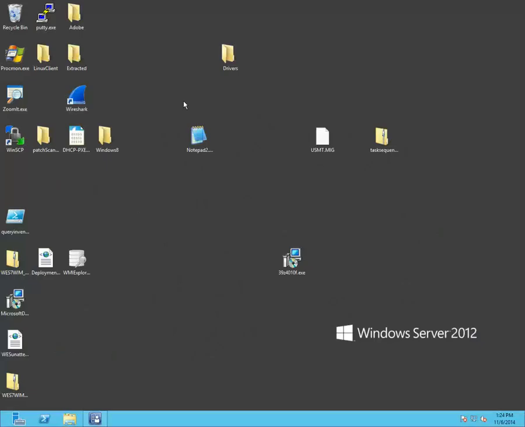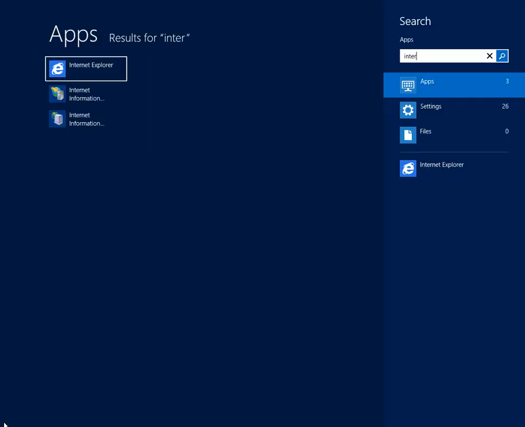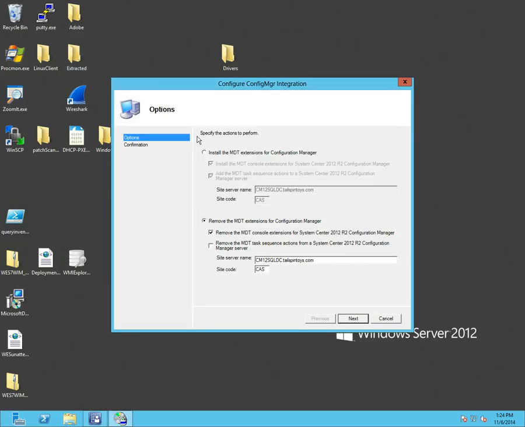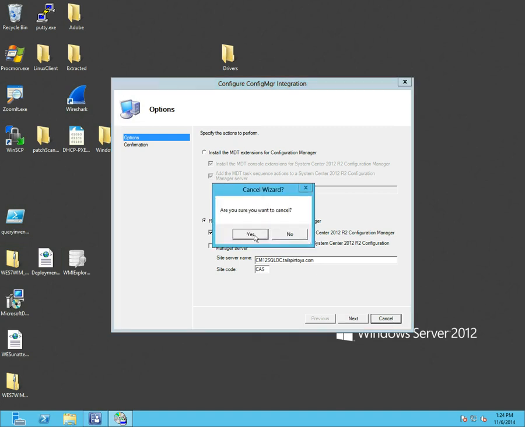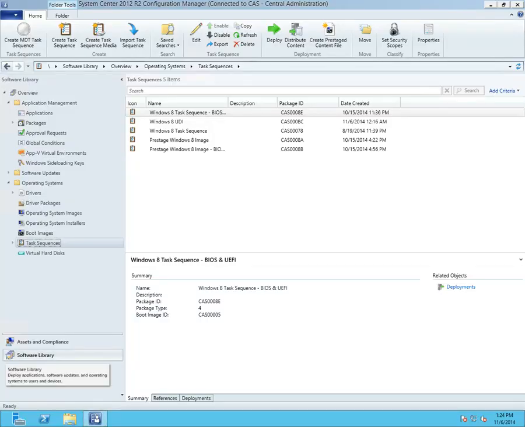I've already got integration done in my lab, but nevertheless, I can show it to you. So, there we go. Configure ConfigMgr integration. Since I've already got it done, my only option is to remove it. But it's really this simple. You would have install selected by default, click next, and it would be done. I've seen a couple of times there are permissions issues, but generally if you run as administrator, it should be fine. All right, so now that that has been added, what do you get as a result